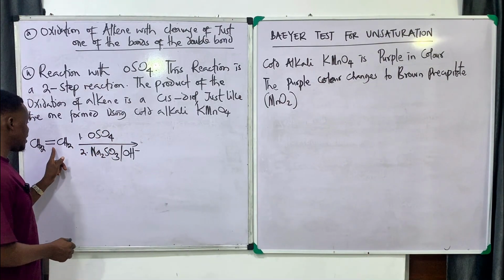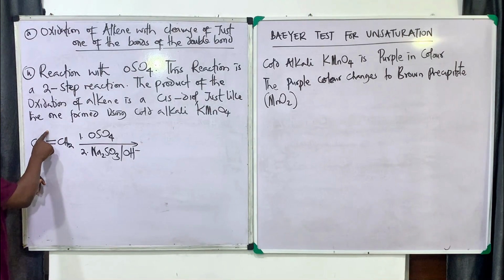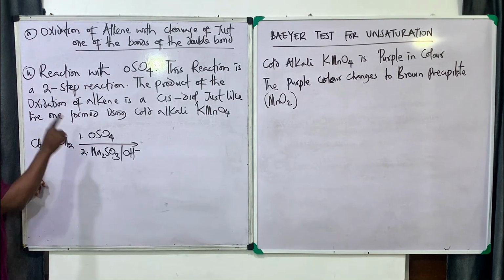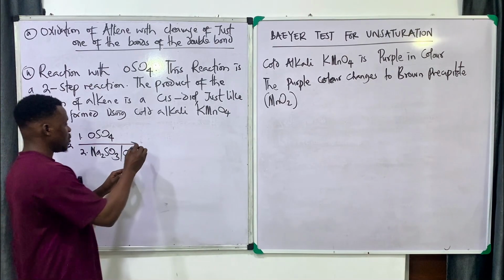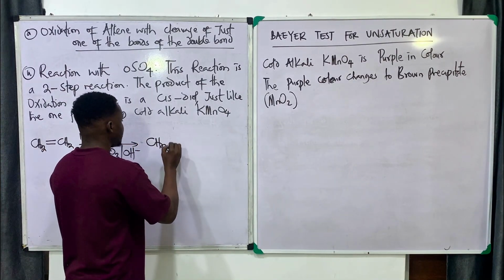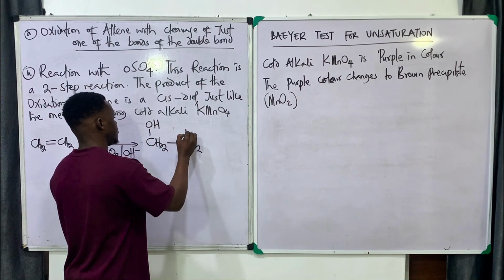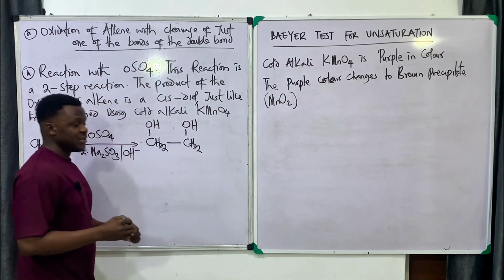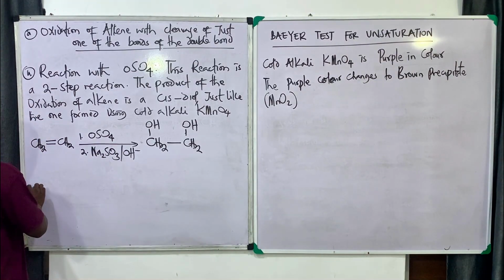So once it reacts with an alkene, once again it's going to break just one of the bonds, just like cold alkaline KMnO4 did previously. So this is what we're going to have. CH. So that is it. Once again, a cis-diol. So if I have another example, let's say